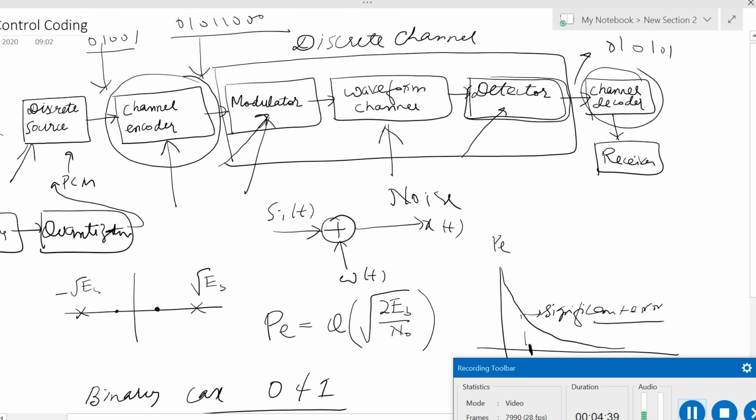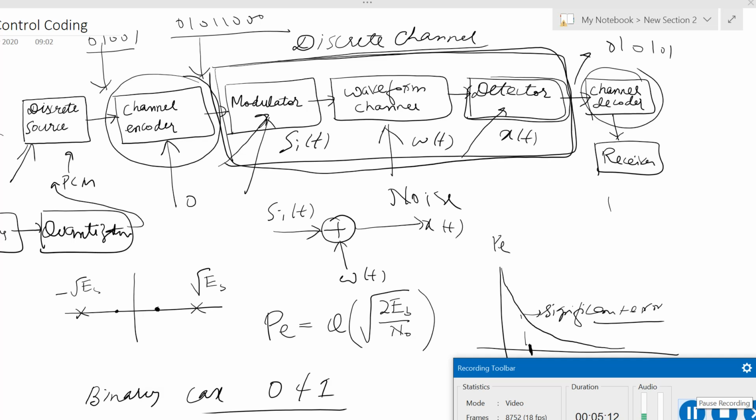See, if you look at this part, you have here, suppose SI of t, this is X of t, noise is W of t, which you have done recently. But if you look at this point, you have zeros and ones. So if you look inside this discrete channel box,